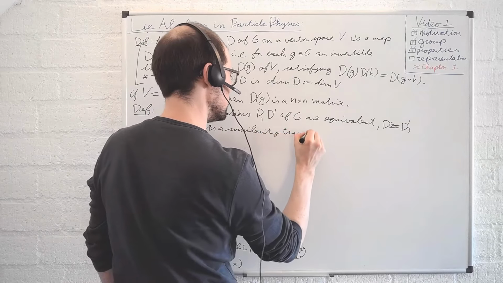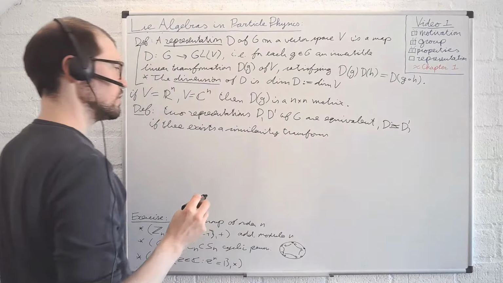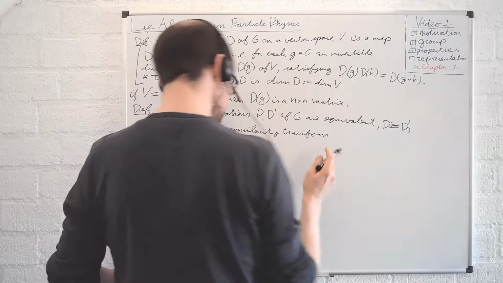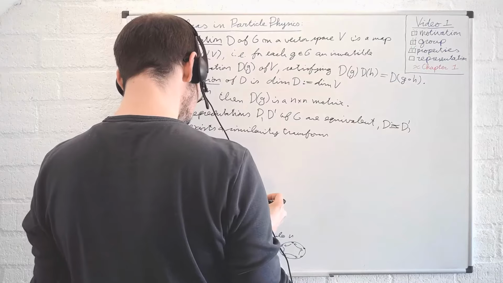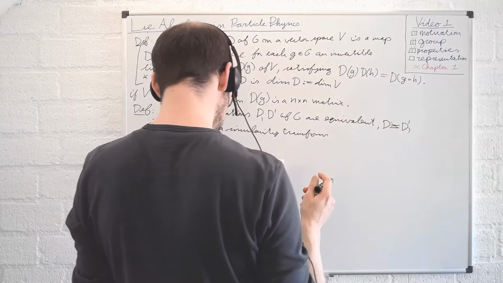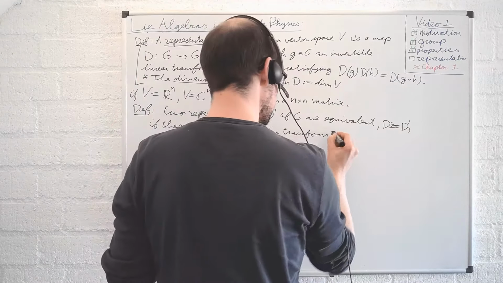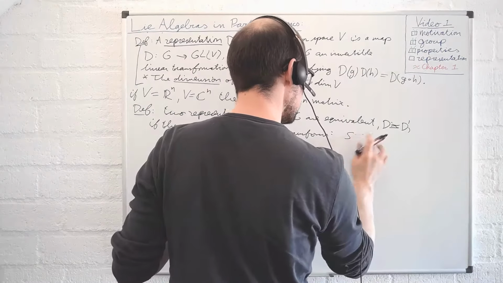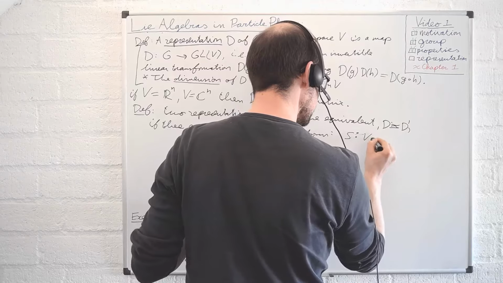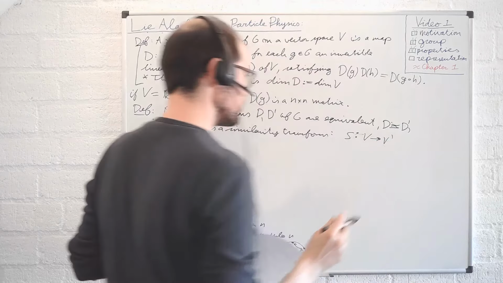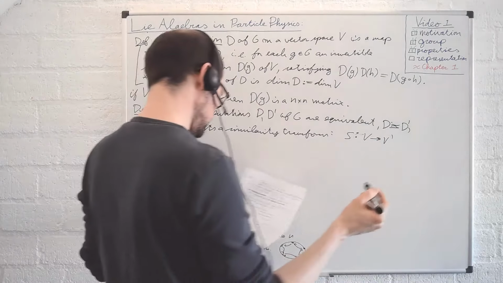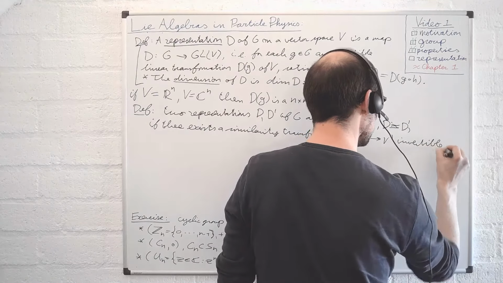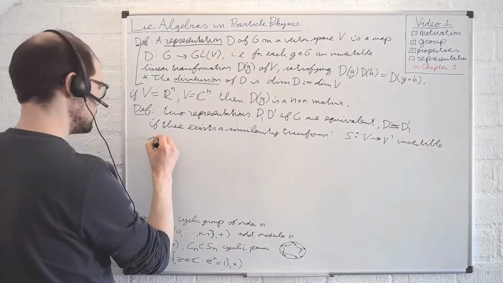So really a change of basis of your vector space V, similarity transform, right, so this is a linear mapping from V to V prime that has to be invertible